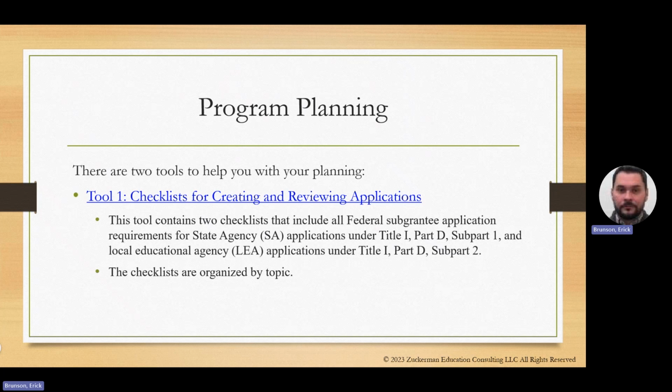So if you already have an application written, if you've already written a draft of your application, or if you typically work off of last year's application, this is a tool that can help you evaluate the application. And so how does it do that? It tells you exactly what should be included in the application, and then has a checkbox and an opportunity for you to have any notes.